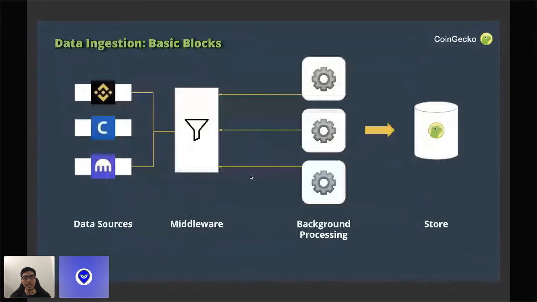Here I have the basic blocks of a data ingestion system that we use, and I think it's pretty much similar to most other systems out there. In order to get the data into our database, we always have to start with looking at the data sources first. So we have to study them and find out what the data structure is like. Sometimes they can vary. And then the middleware is supposed to take all these different data structures from all these different API endpoints. You can imagine that Binance, Coinbase, and Kraken all have different standards and different ways of presenting the data back to the developer. The middleware is supposed to unify them into a common standard that we want to use on our end. So that's where the middleware is.